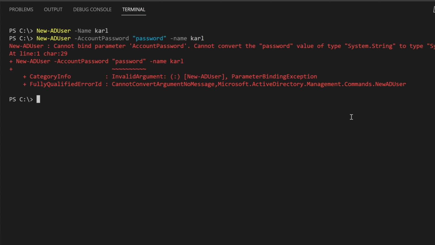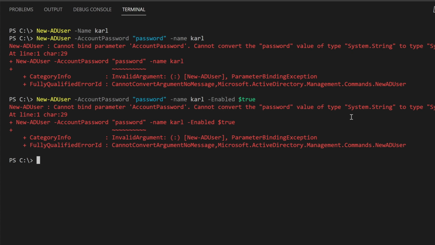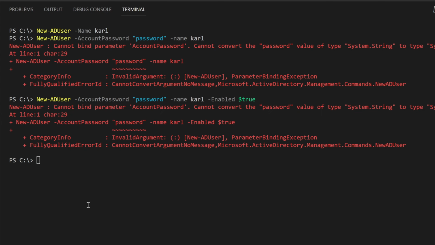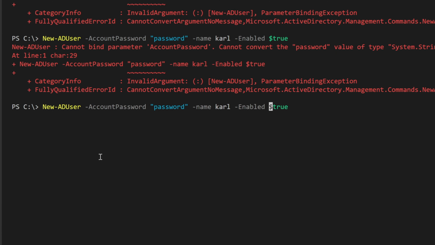Even if you do choose a password, it will by default disable it unless you use the -Enabled and set the value to true. So if we go and see, that did not create the user, but we want the account password, we're going to specify something like